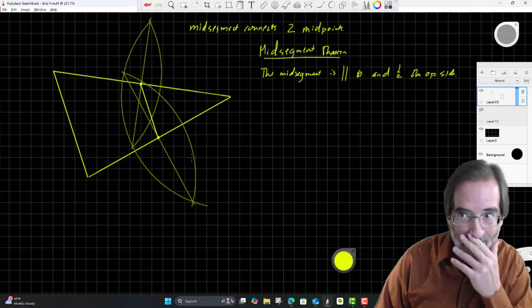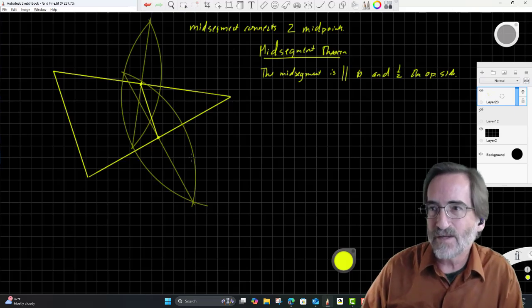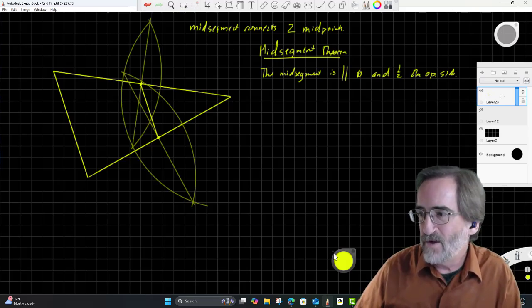Parallel to and 1/2 the opposite side. Okay, so let's see if we can figure this out here. Since I drew it as a mid-segment,